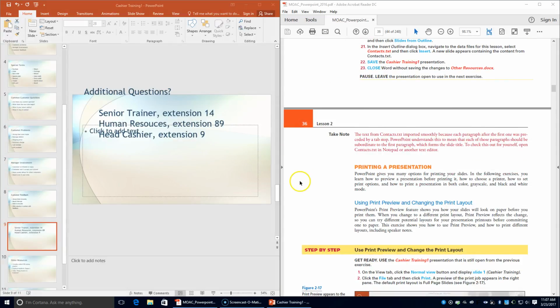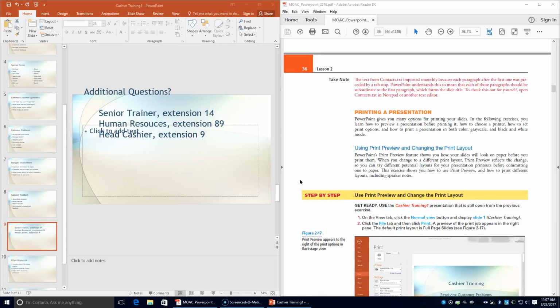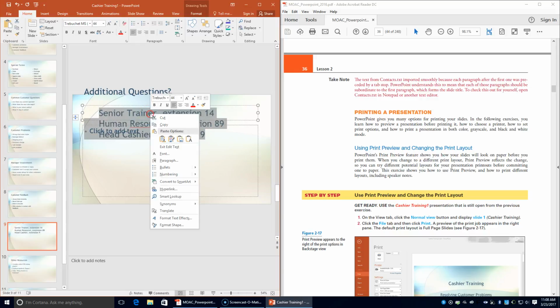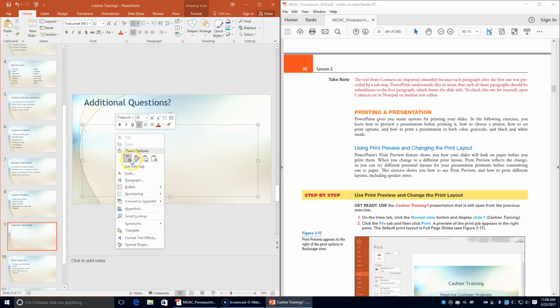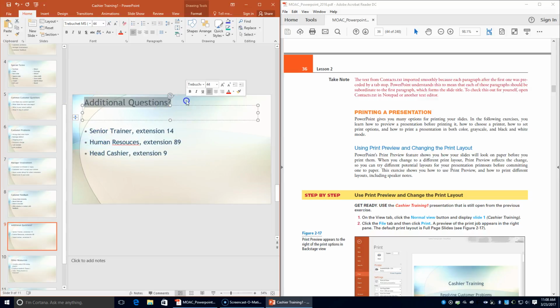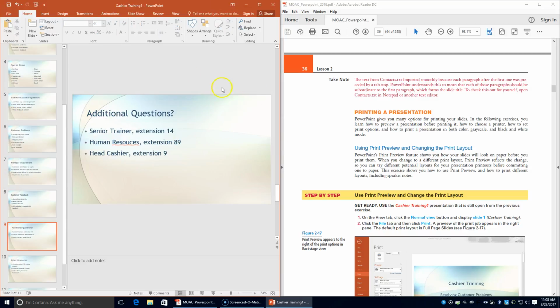Alright. Next, we're going to... so mine kind of looks a little bit funky. I'm going to go ahead and cut this and paste it. And I'm also going to cut this and paste this in here just to clean it up a little bit. Alright,